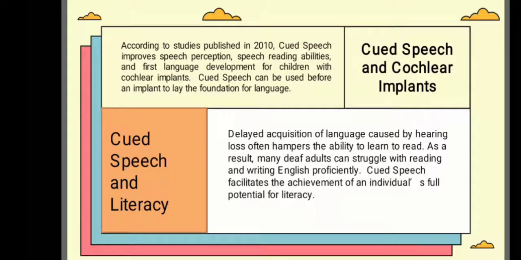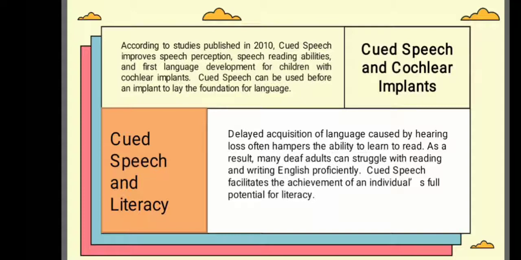Cued speech and cochlear implant. According to a study published in 2010, cued speech improved speech perception, speech reading abilities, and first language development for children with cochlear implants. Cued speech can be used before an implant to lay the foundation for language. Cued speech can be used after an implant as a supplement until the implant is fully functional, and as a